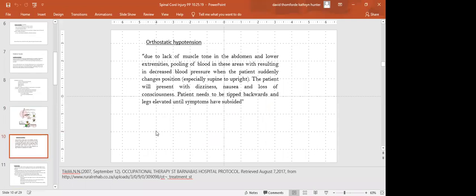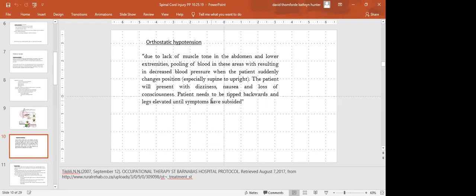The next area to talk about is orthostatic hypertension. And in some ways, this is the reverse. With autonomic dysreflexia, you have increased blood pressure in the brain, blood flow to the brain. Here you have decreased blood flow to the brain. And the problem here is that